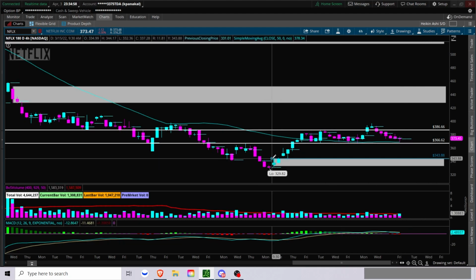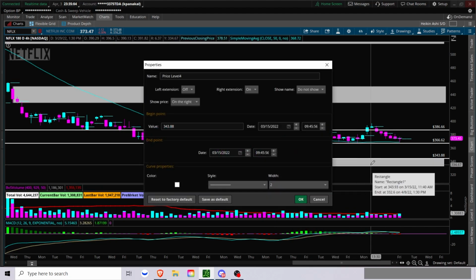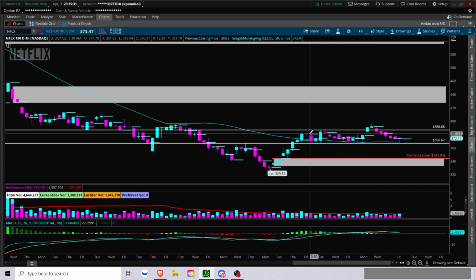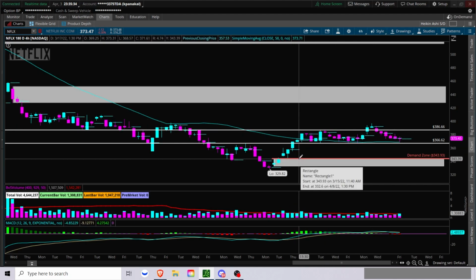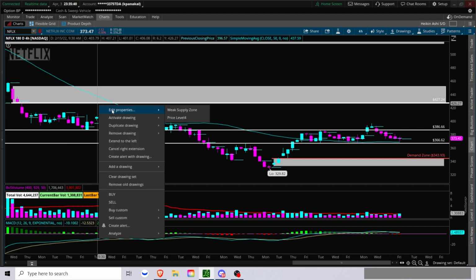So let me quickly put on the price level label for the demand and supply zones. So just give me a second. So the demand zone starts at 343.93, right? And then we have the supply zone starting at